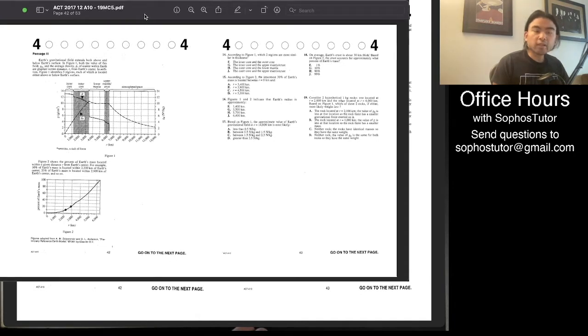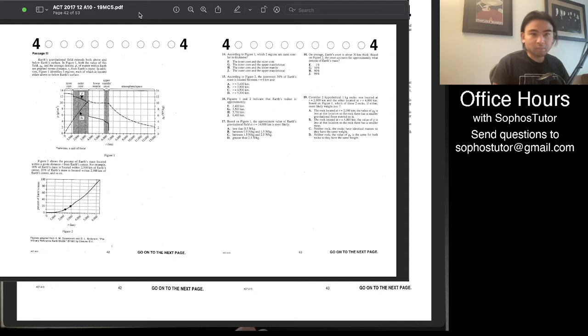And so at first glance, you might think that you would need to be an expert in gravitational fields, but the ACT has a point that you don't actually need to be an expert in any of the science topics to do well on this test. Instead, they say that all you need is the information in front of you and some very basic science